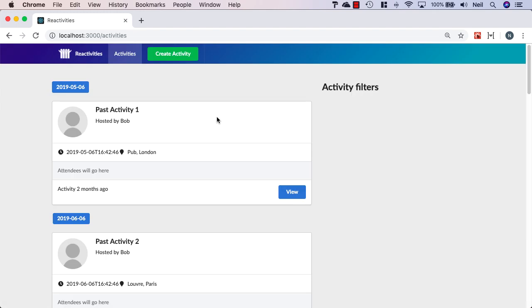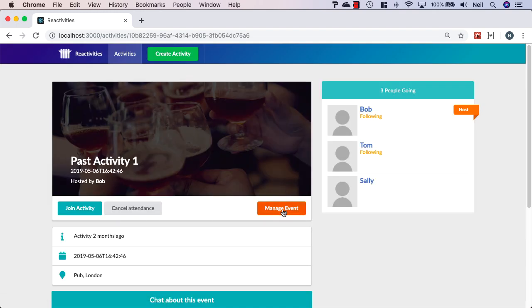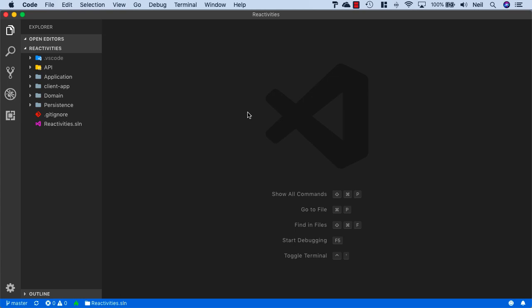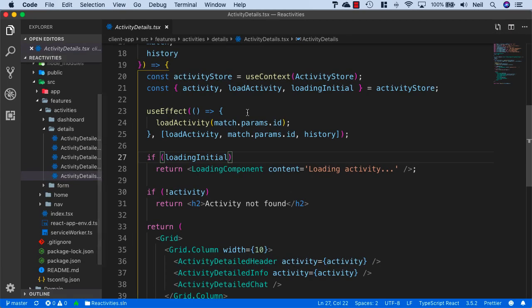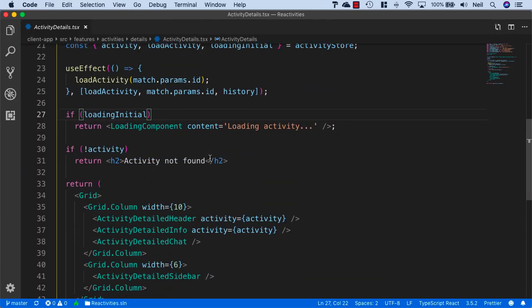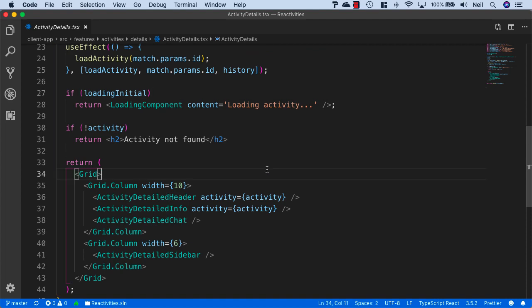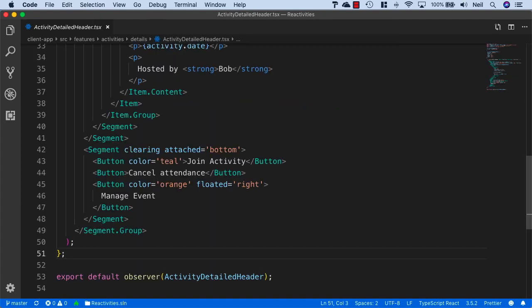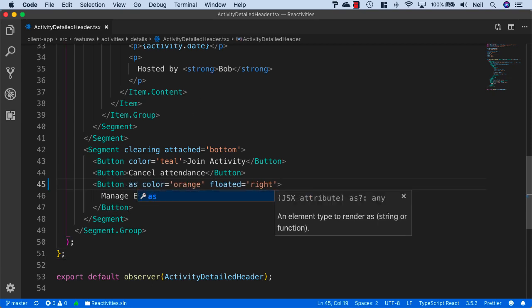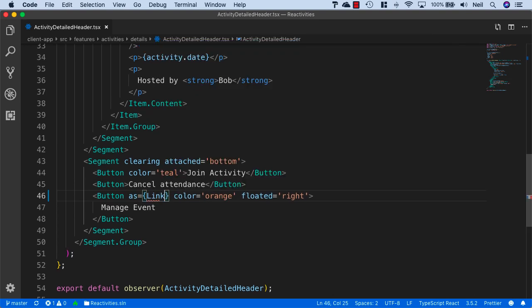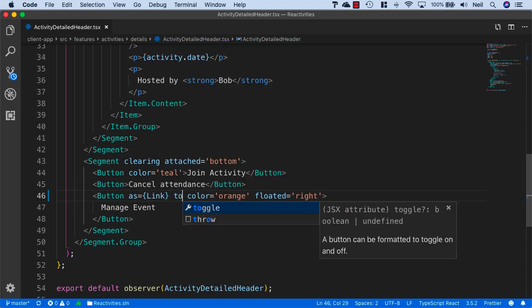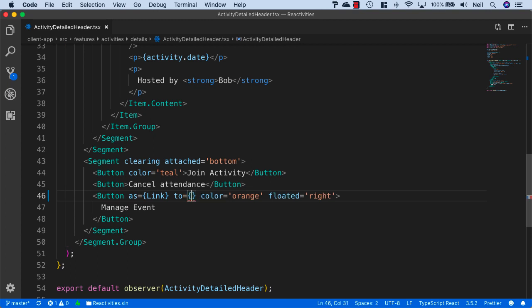And if we just take a look and make sure that we can actually manage an activity, we didn't actually hook up the link in our manage event button, so let's just change that and head to our activity details page. And what we want to do inside the activity detailed header is add our link to the button here. So we'll say the button as equals link and just bring that in from React Router, and we'll say to, and then we'll add the backticks /manage/